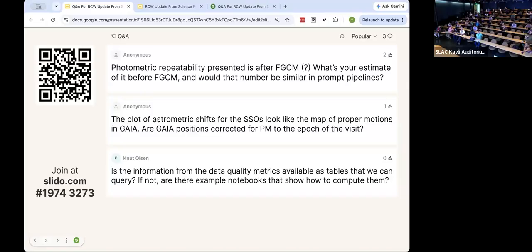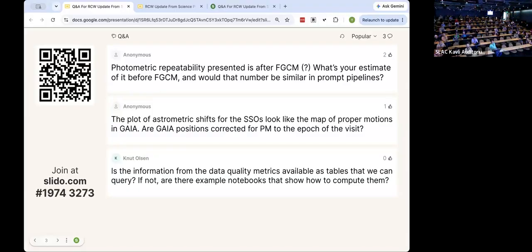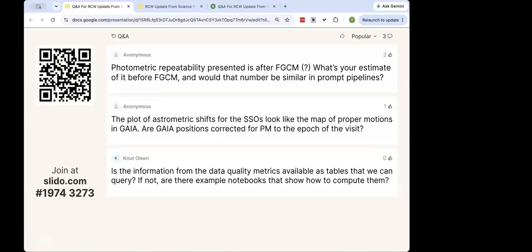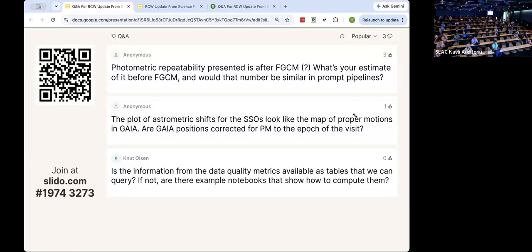I see someone has suggested that the plot of astrometric shifts on the solar system objects, when spread out in those 5-degree red bins on the sky, look like the map of proper motion visits from Gaia. Are Gaia positions corrected for proper motion to the epoch of the visit? So yes, Rubin does correct the astrometric catalog according to proper motions to the epoch of the visit, and there